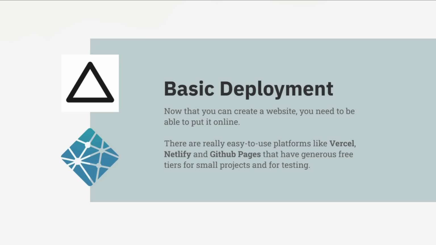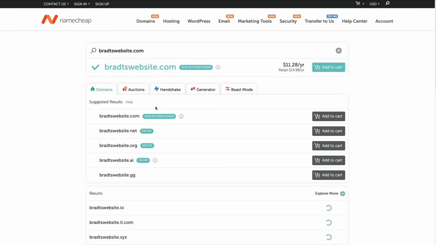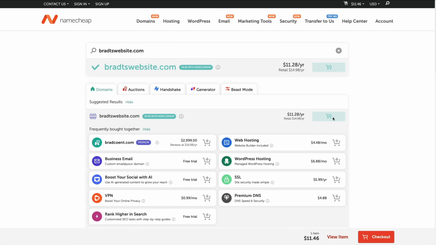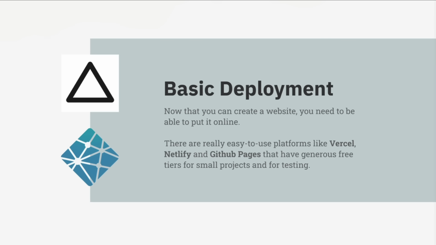But for any professional website, you're going to want a custom domain name of your choice, and you can use any domain name registrar for that. There's a bunch out there, but I've always used Namecheap. It's easy to use, and the domains are cheap. So you should be able to build a website with HTML, CSS, push to GitHub, and make it live at